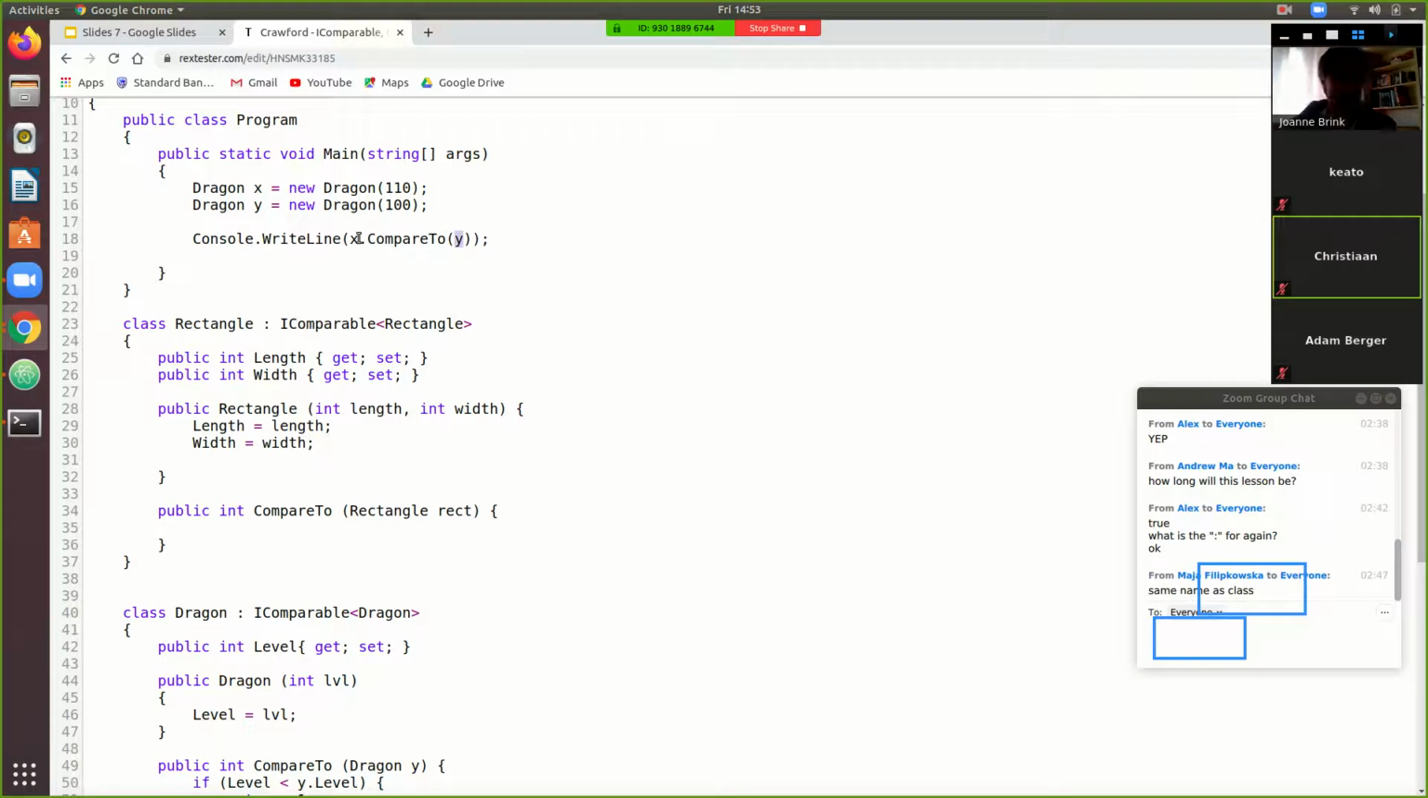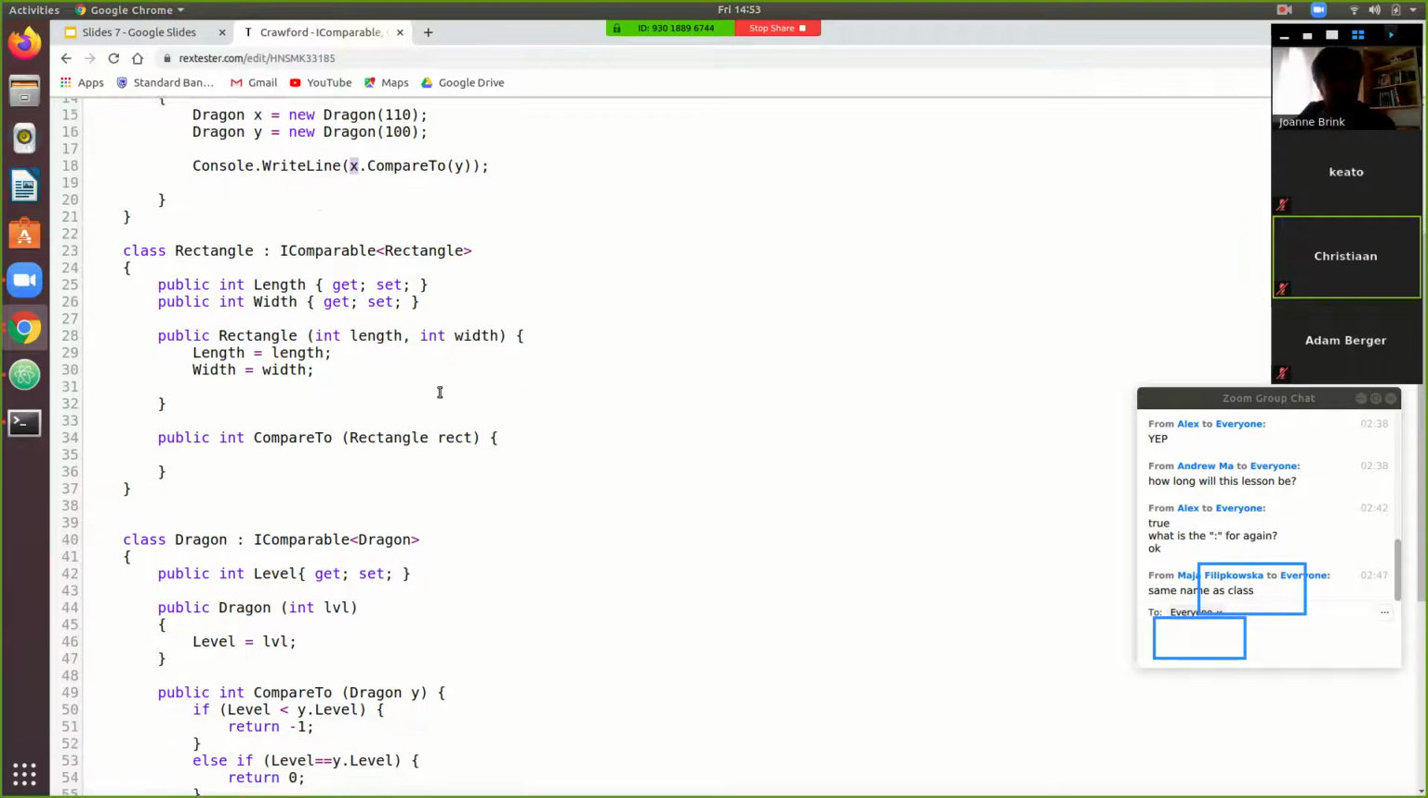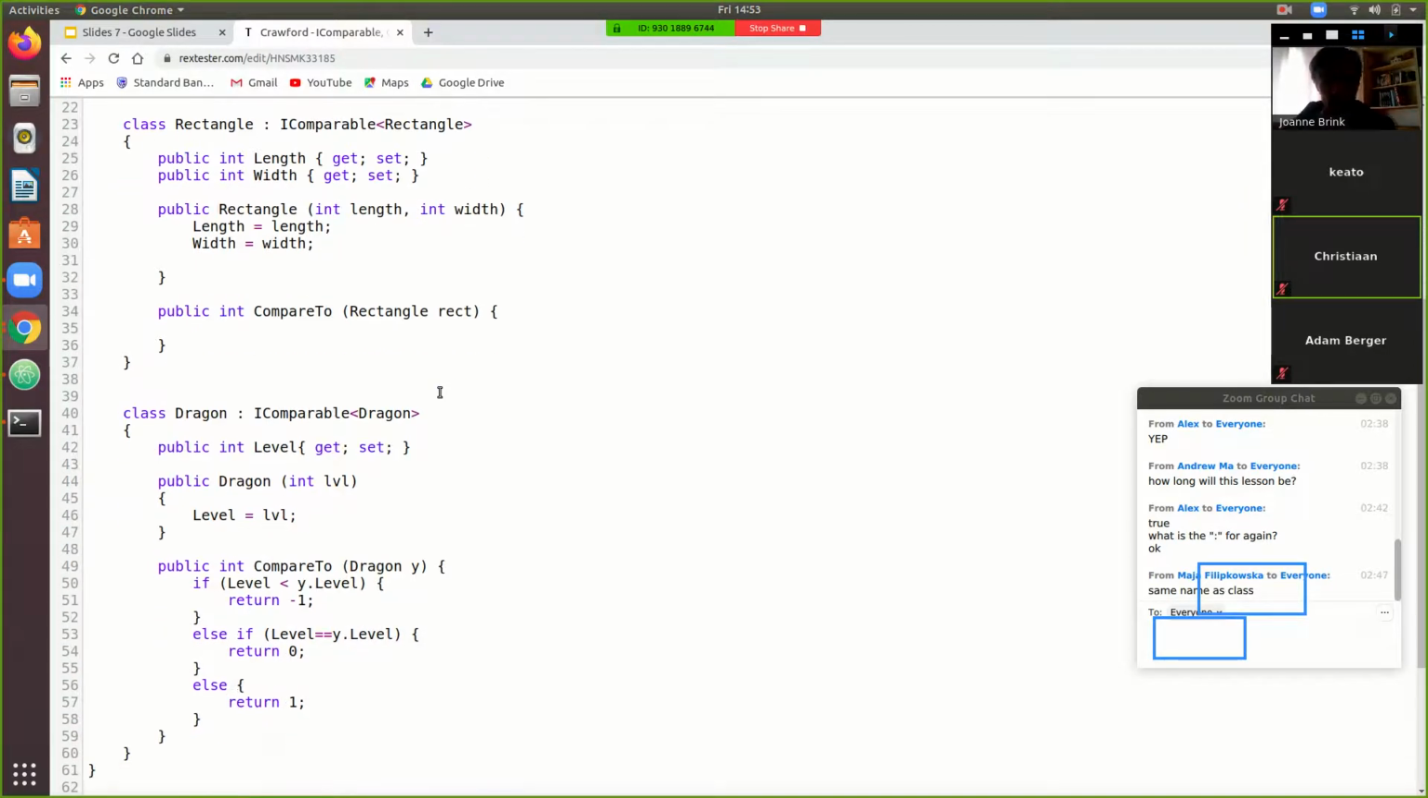Okay, a positive number means that x, the thing that I'm calling compare to for, is larger. Negative means it's smaller. 0 means it's the same. Okay. Now,